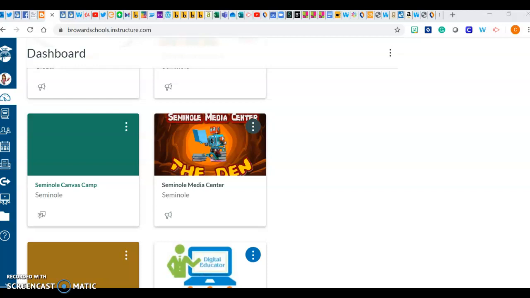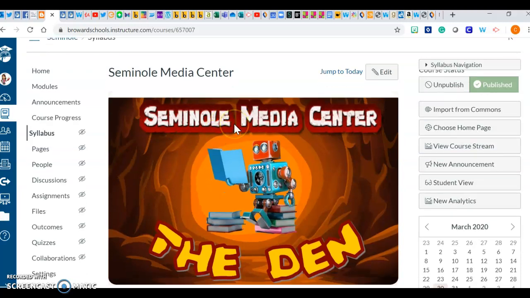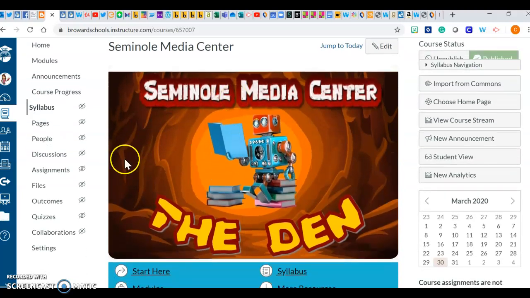In order for your students to be added to your course, here are the directions on how to do that. So you'll start with the course that you've created. And then when you get to your course, you're going to go to the left-hand side under Settings, click on Settings,